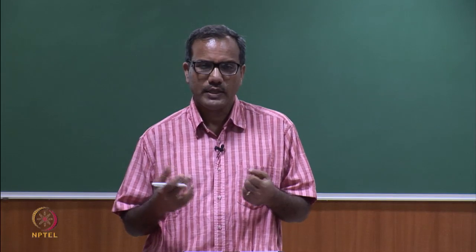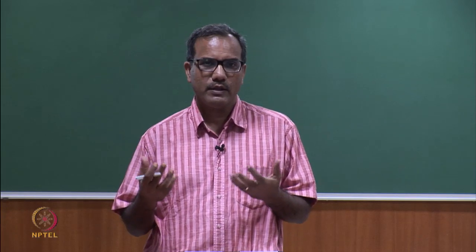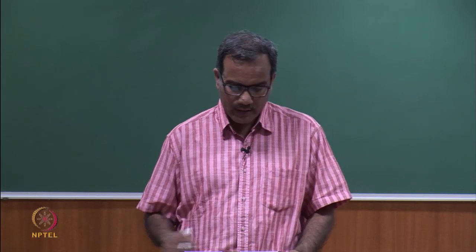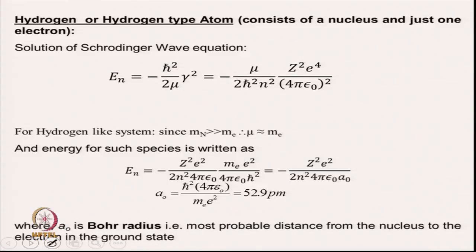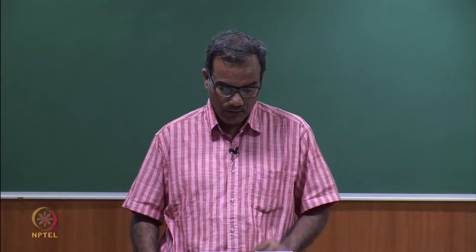So, now we know what is the acceptable wave function and what is the wave function for different value of n and L. Now, we can discuss what is the energy, and in the last lecture I discussed about how to calculate energy. I showed you when L is equal to 0 and n is equal to 1, what will be the E n. I also showed you when L is equal to 0 and n is equal to 2, then what will be the solution.